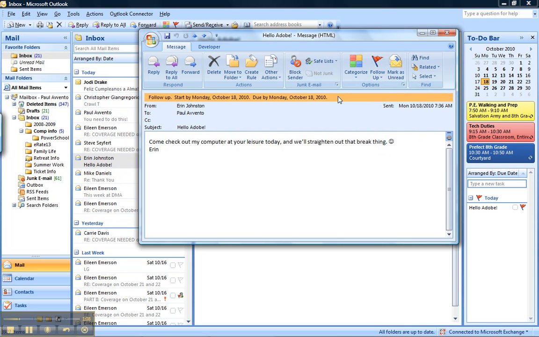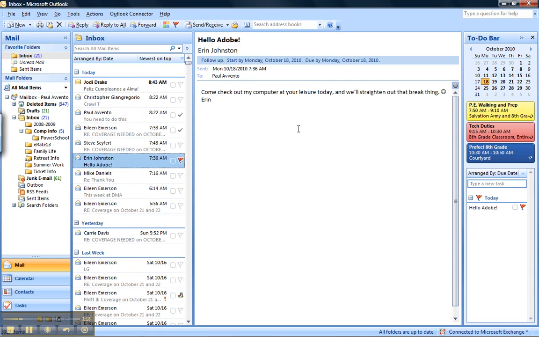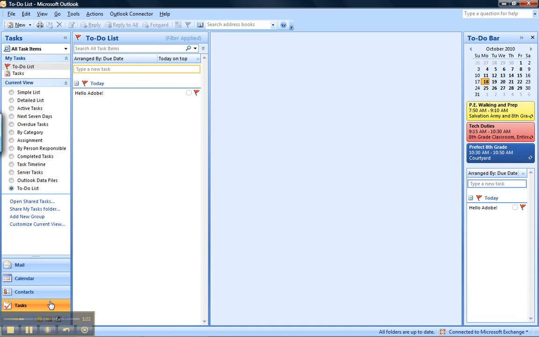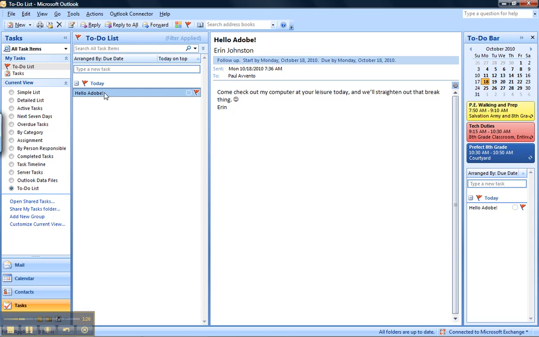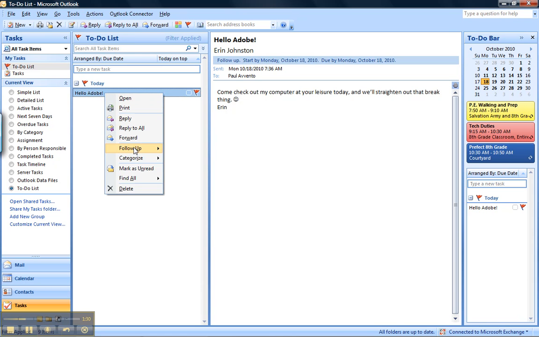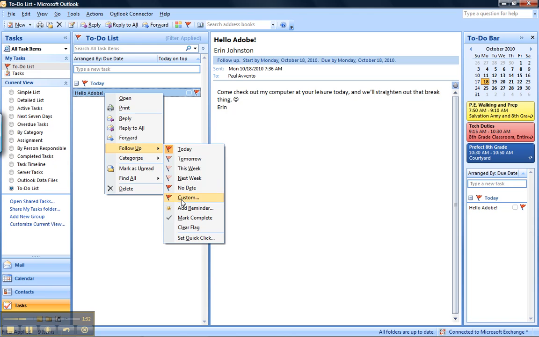Okay, I could then click here to see if there's any related messages, which there aren't, but it will show me that if I leave the email and go to my tasks menu, I will see that that email is now in my tasks. Okay, one thing that I like to do to help myself is to also add a